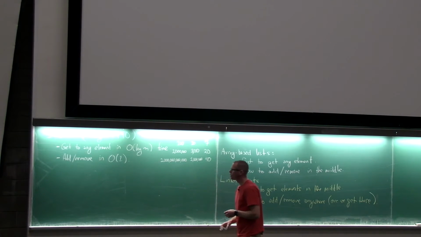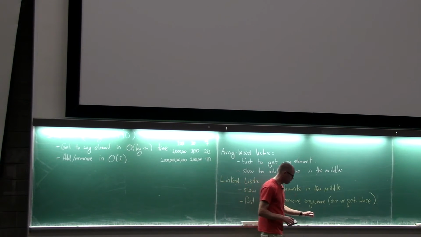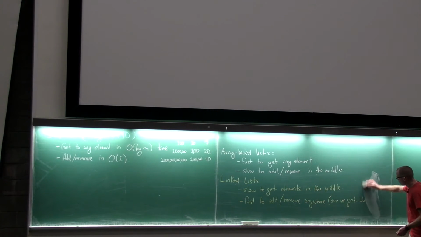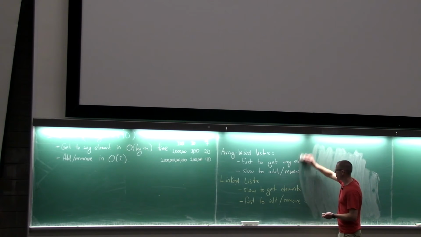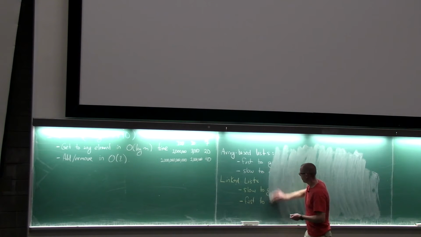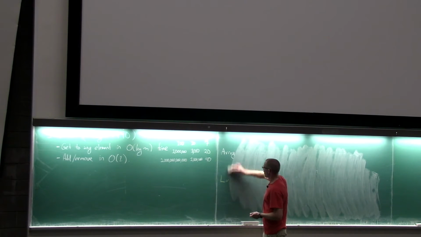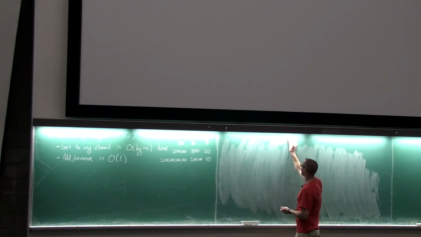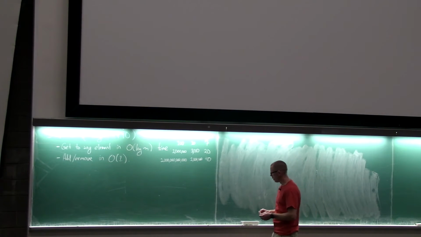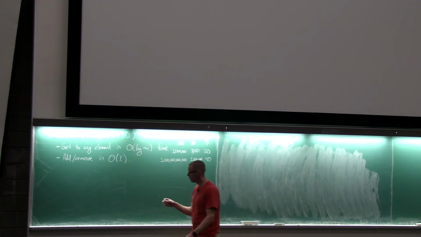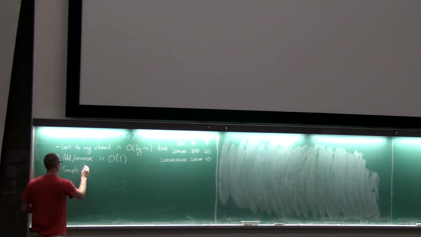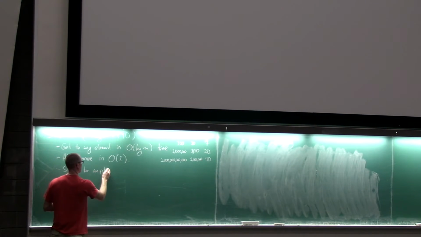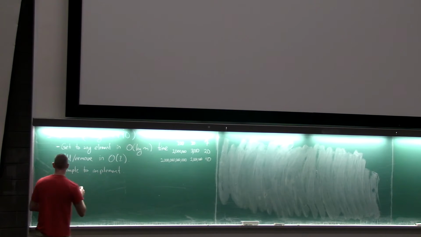Okay. So maybe the best way to describe this is to just tell you one way to make a skip list, and then we'll see the different ways of using it. So one thing I should stop and point out is that there's one catch to all of this. Other good things, skip lists are fairly simple to implement. But the catch